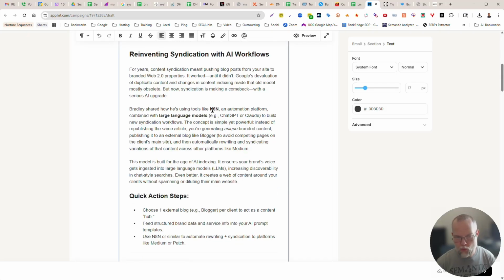I'm having it developed in N8N, but you can use things like Make, and there are other platforms that you can do that with as well. But it's about prompt chaining and a sequence of activities or tasks, so that the original piece of content comes in and you set a series of prompts and tell it what you want it to do with the first piece of content. Then from that, it daisy chains additional prompts to reformat the content, rewrite it, change it into different media, and then republish it on various locations. And so that's basically what we're talking about here.